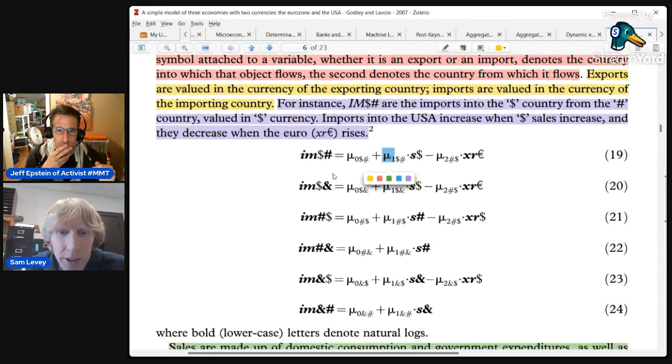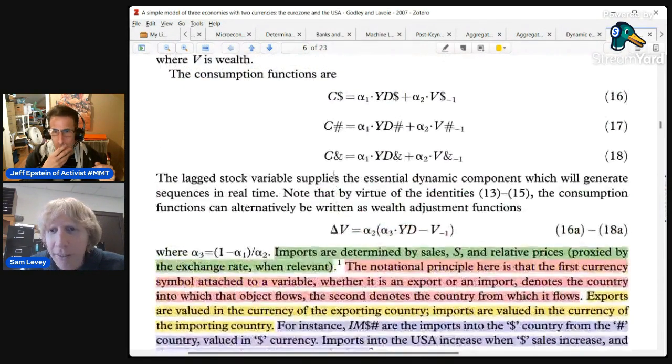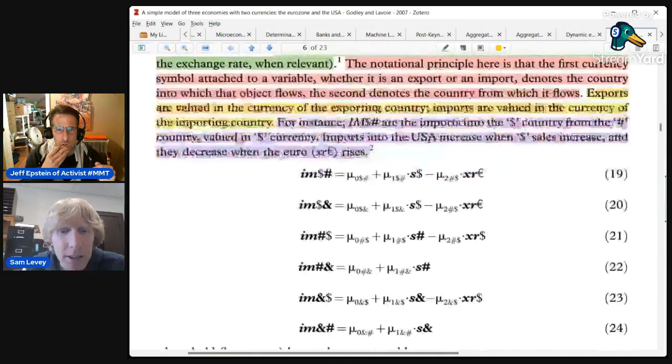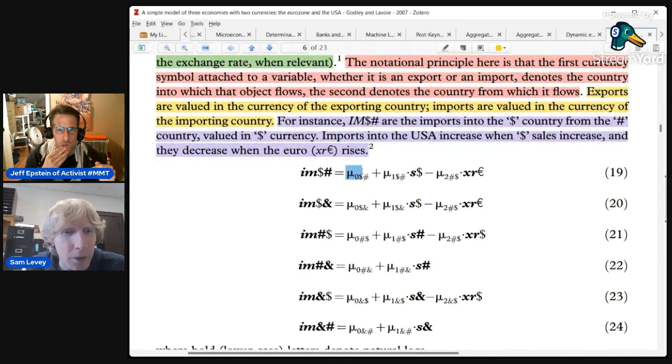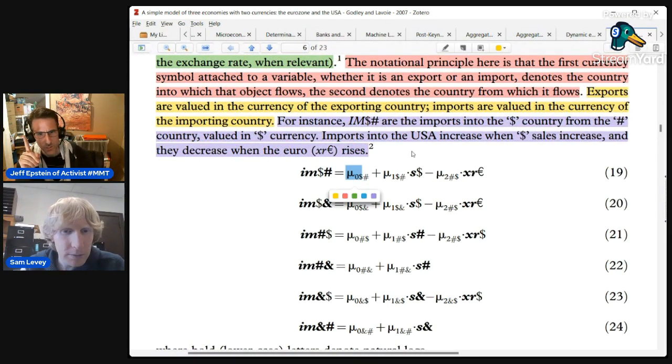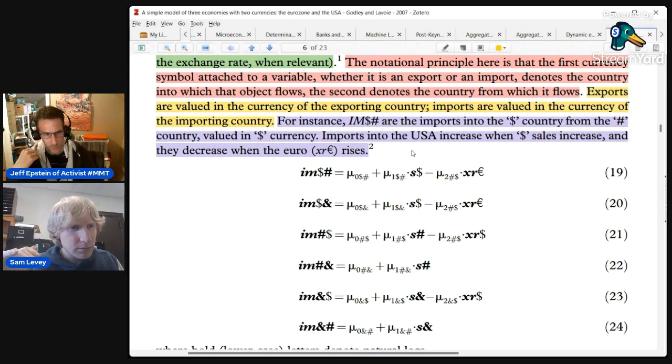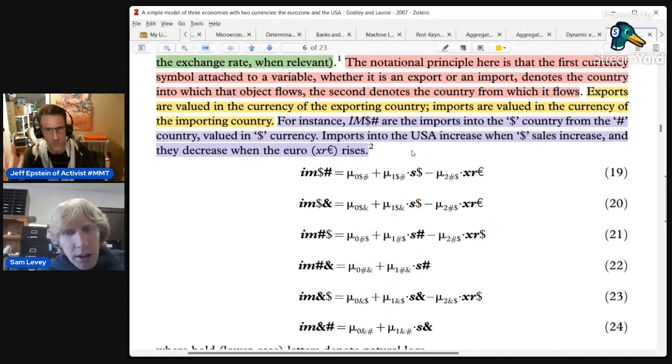The alpha thing, I feel like alpha is pretty common to see in a consumption function. Not necessarily, but it's pretty common. Mu is whatever, they made this up. It's not standard, I don't think. But alpha does seem reasonable after what we've been talking about, that alpha is a propensity to consume. It's the fraction that you want to consume out of your income.